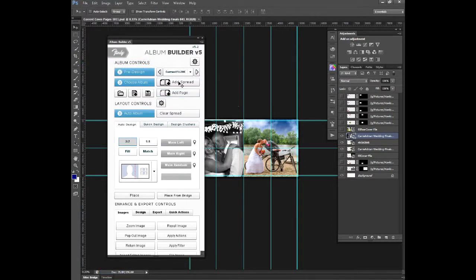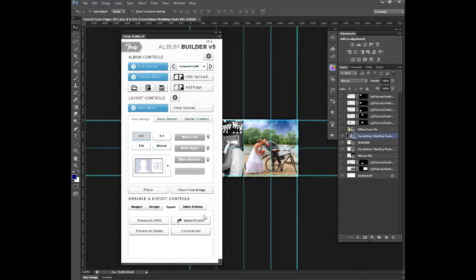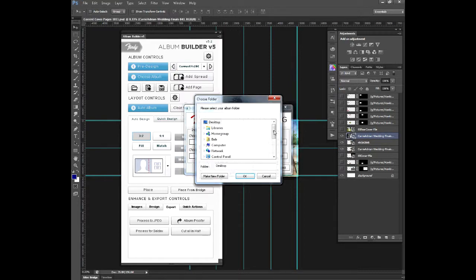So from here on out, all you have to do is, I think it's cut off down here, but you can export your entire album in one go. You want to make sure you saved your files. So you would go through first, pick the directory of your albums. Well, it's basically just a directory of the PSD files. Okay, I'm not going to do that now because my computer's crashing again from lack of memory. But so the first step here, you just pick your folder with your spreads that are all PSD files, and